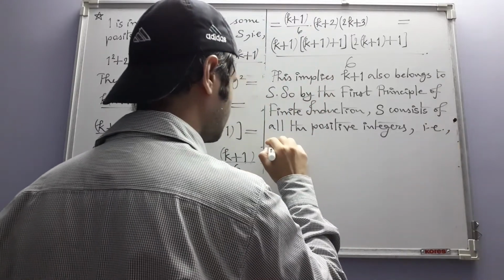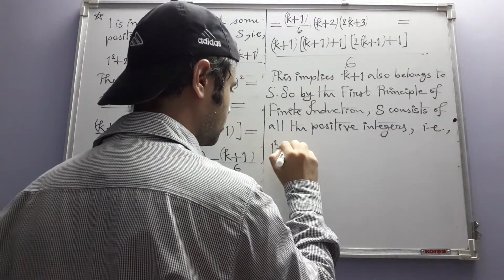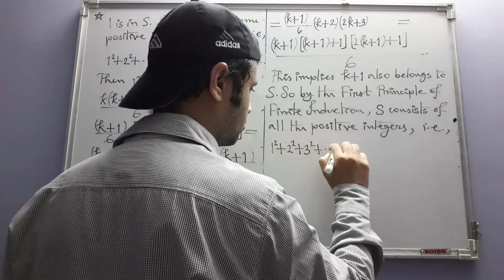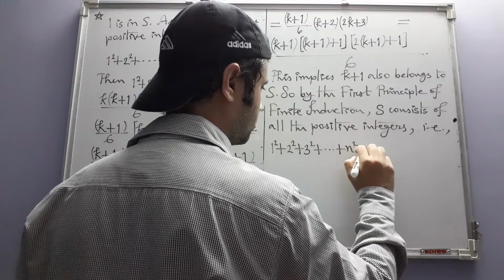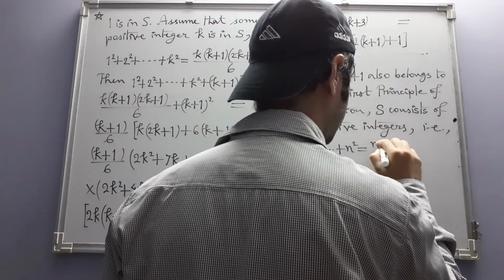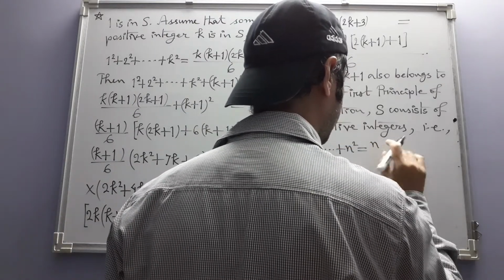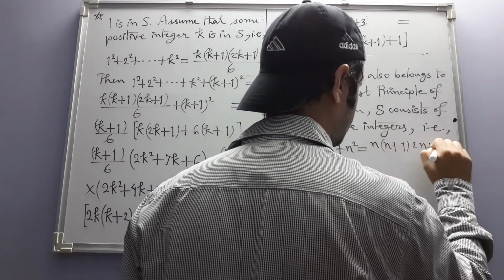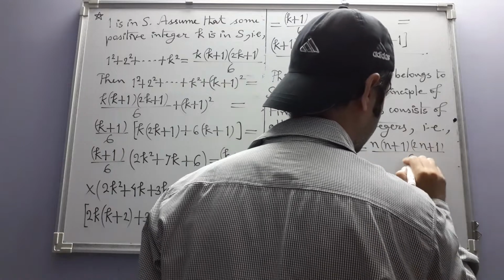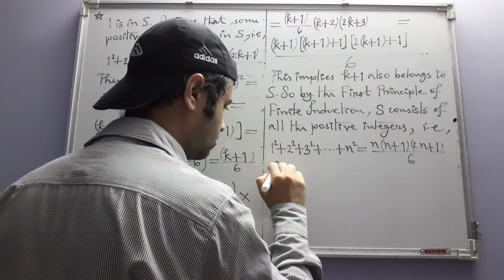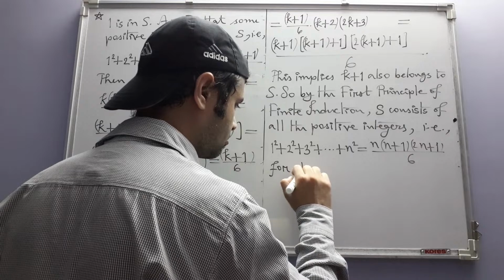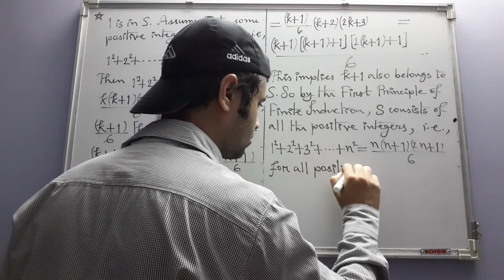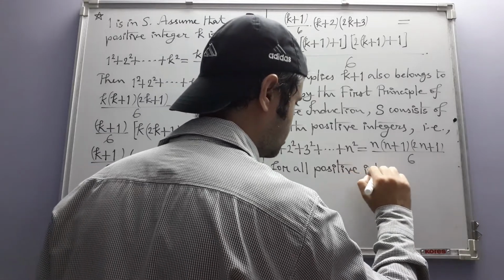That is, this is equal to n times n plus 1 times 2n plus 1 whole divided by 6 for all positive integers